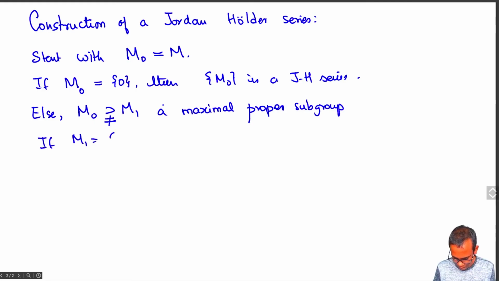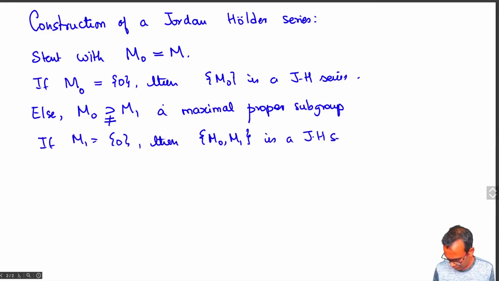If M1 equals 0, then M0, M1 is a Jordan-Holder series. Otherwise, well, note that